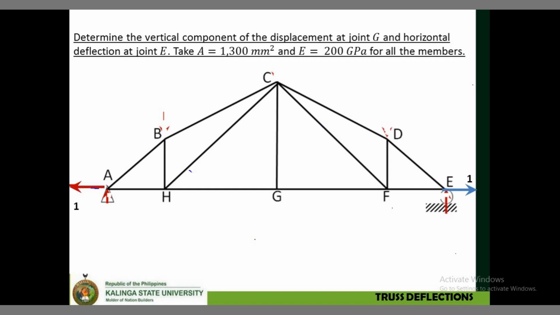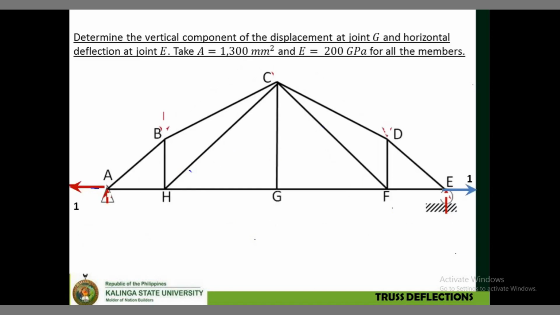After that, solve for the reactions. Wala akong na-solve na vertical reaction. Paano ko nakuha yung 1 dito sa my point A? I used summation of forces along the horizontal axis. After na nakuha natin yung mga reactions, the same using method of joints or using method of sections, we can